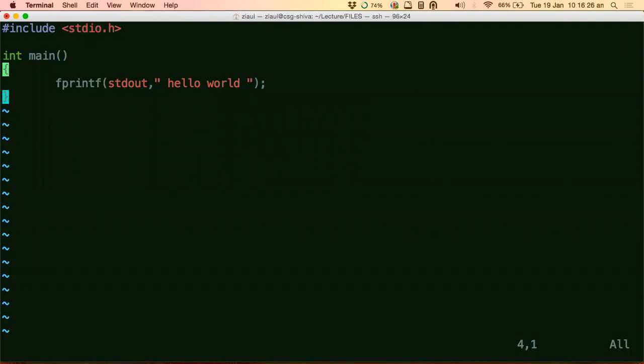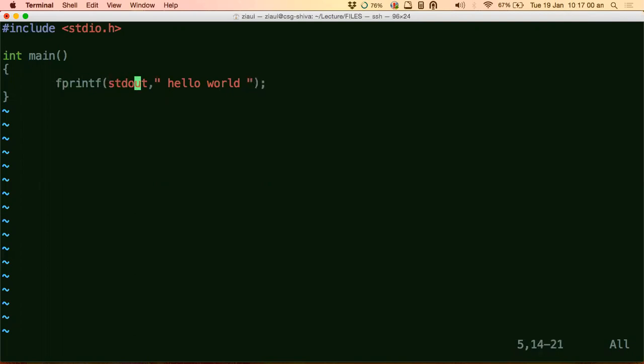Now similar to stdout, that is standard output, we have something called standard input. So what is standard input? I don't know why it's changing, but you don't have to worry about the number of stdout. Just remember it's an ID for the standard output device. That's all. Just remember it's an ID for your output device through which printf prints on your screen.